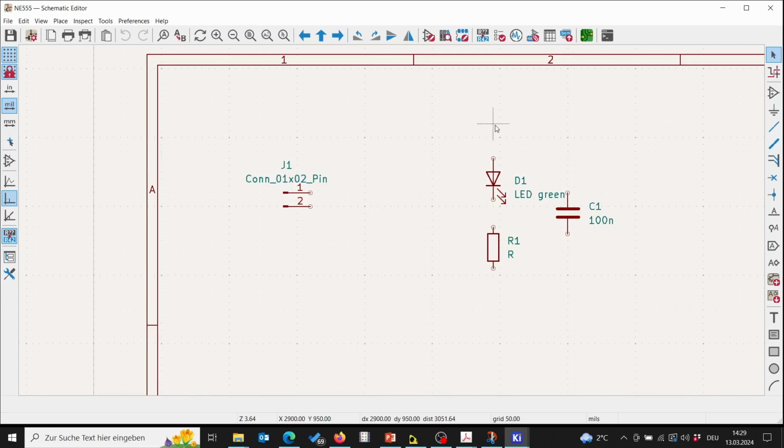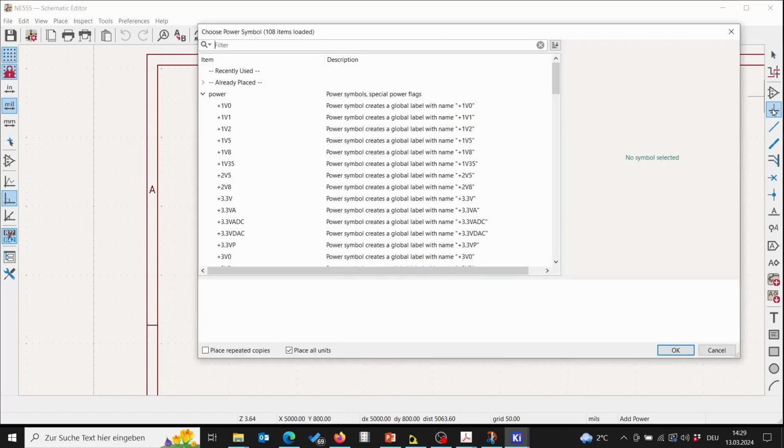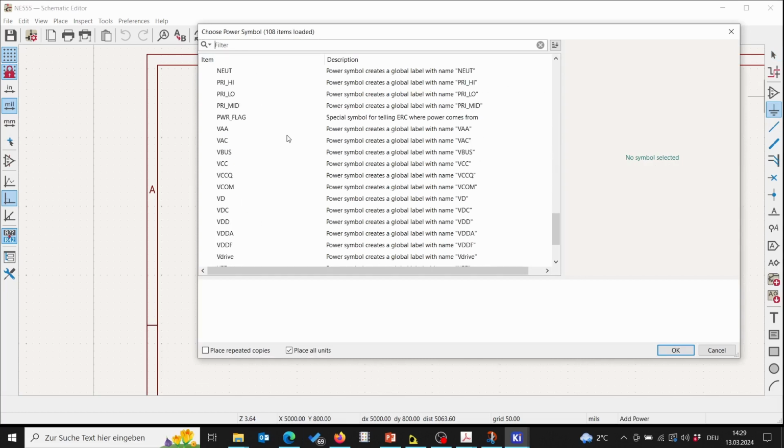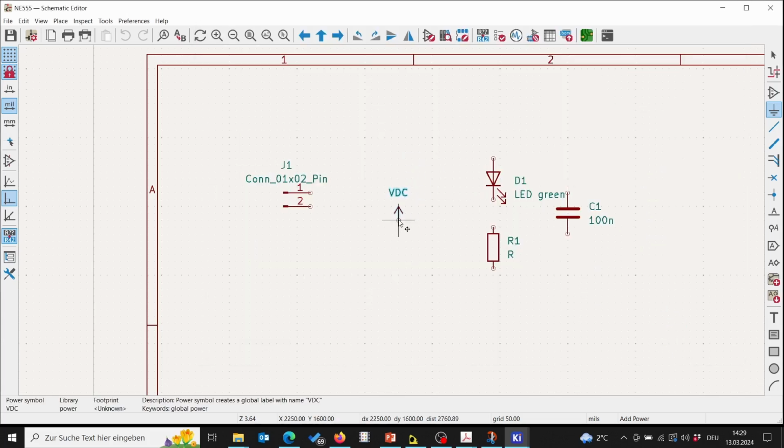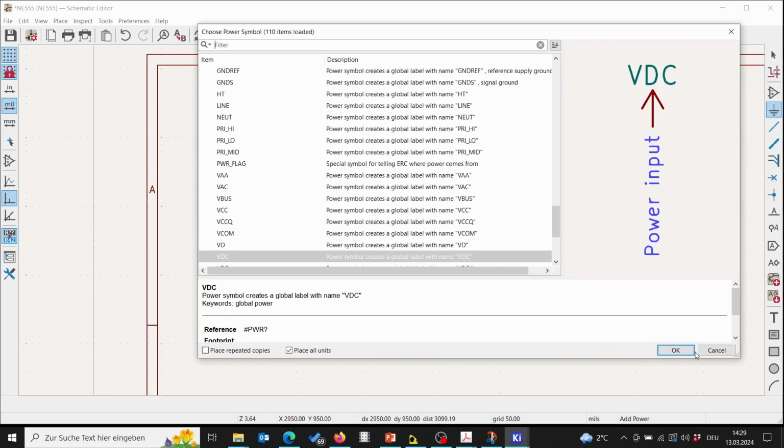We connect first our power supply, so we go to add power symbols and we select VCC for the positive power supply, this one, and we rotate it. It's connected here,